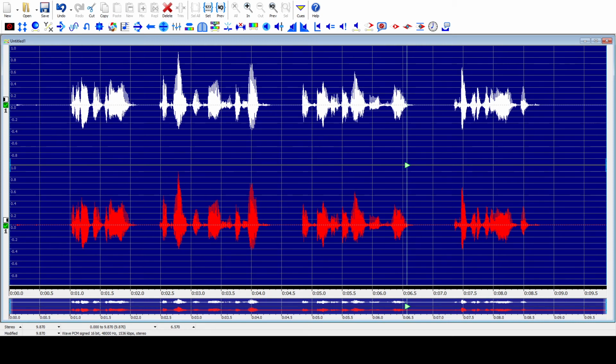Now when you will use noise gate and when you will use expander depends on the situation. If the noise is too much, it is better to use noise gate. If the noise is not that much, and especially for removing breath noise,